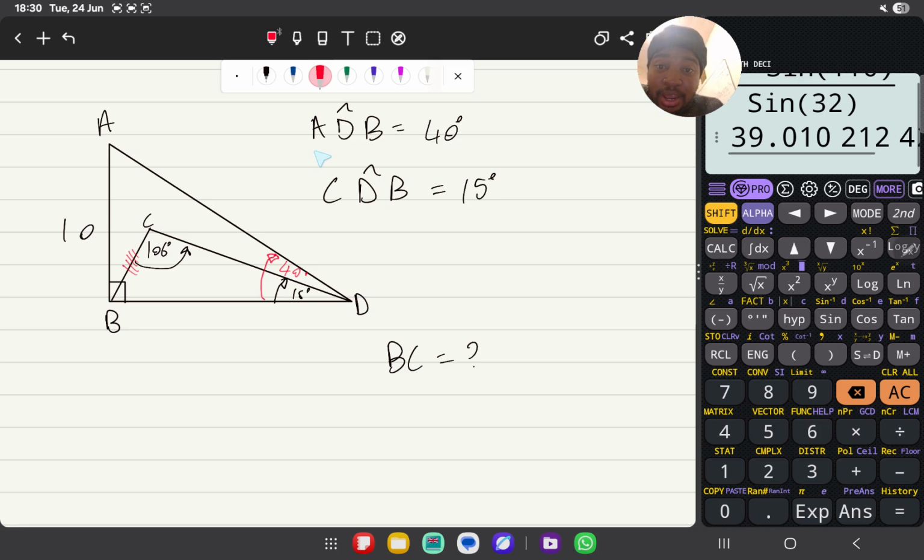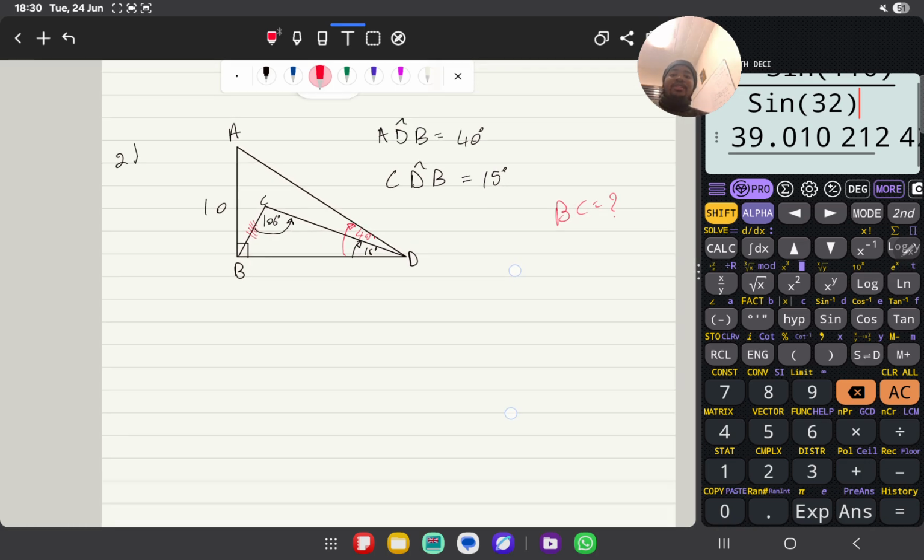You have angle ADB is 40 degrees, right? And then angle CDB is 15 degrees. And we have to calculate BC. So I'll put this here and say BC question mark. One of the easiest things you could do